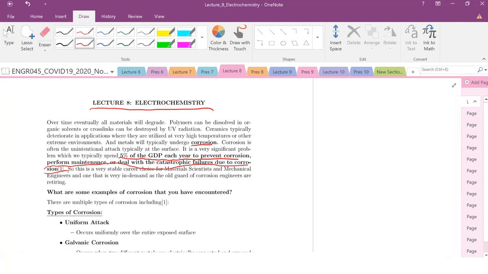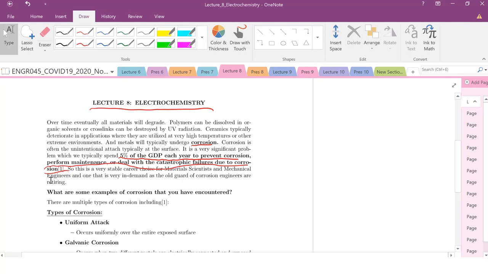A lot of the experts have moved on or got different jobs, so there are not a lot of experts left. The field is lacking. Material science used to be almost entirely metallurgy, and obviously materials that are metallic are going to corrode more than your polymeric materials. So with the rise in material science of biomaterials, composites, and polymeric materials, a lot of people have been drawn to that side of material science. So electrochemistry has been left not in the dust, but there's a lack of personnel, or experts. So really a stable career choice,